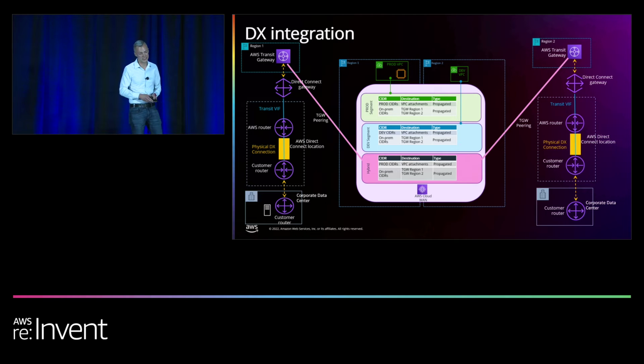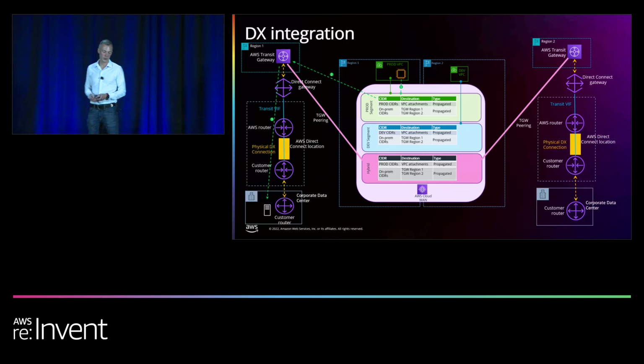So you see our instance here wants to talk to on-prem from prod. It's going to go to its prod segment route table. And then here we have the on-prem CIDRs, and we know that they're on a transit gateway. The traffic will flow to the transit gateway and then to on-prem through the Direct Connect gateway and the transit VIF. So we have that end-to-end on-prem flow. We know there are additional steps in here. This can be a bit cumbersome. There are some options we're looking at to make this easier, and we'll talk about that towards the end when we get to some of the future-leaning capabilities.